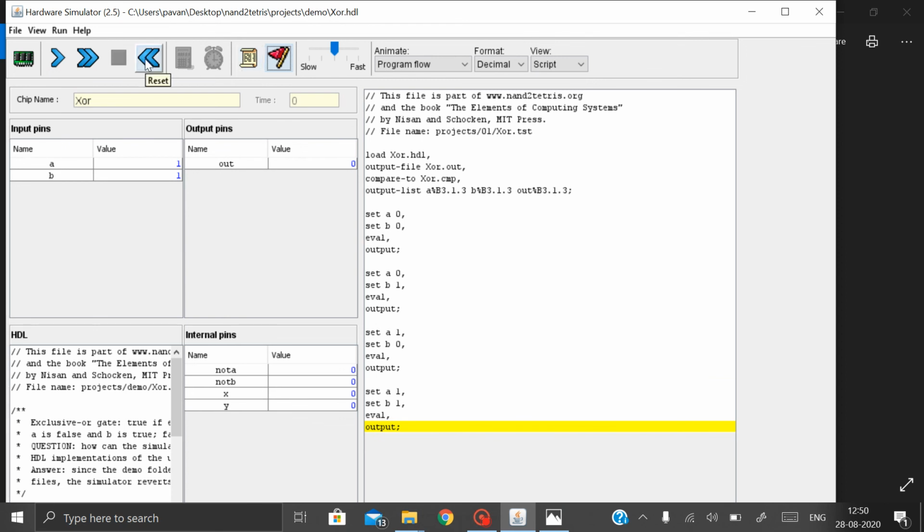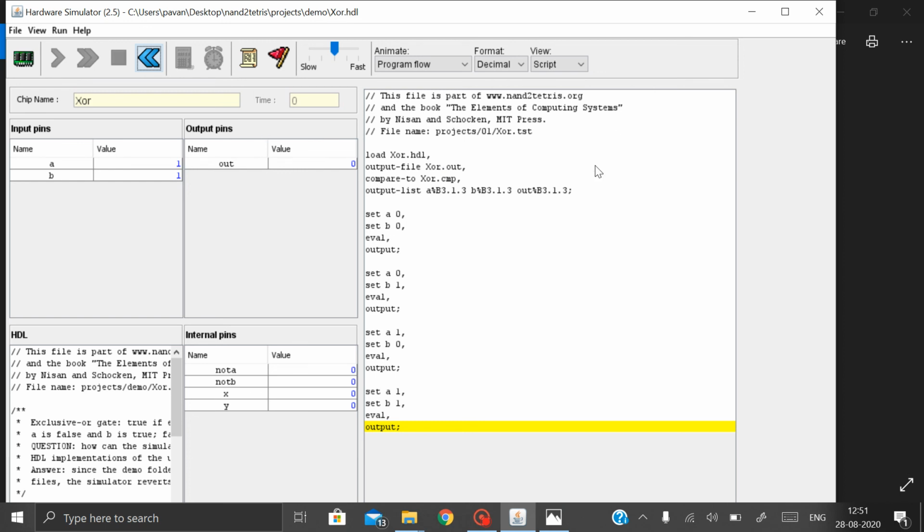No, this is the reset button. It resets to first, nothing else. Okay. See, when I press the reset button, the highlighted part went to the first, which is the load xor.hdl. Okay. Now, if I run the whole of this load script, it goes fast and it will run all inputs. You can see here, say 0 1 1 1 0 1 1 0. In the same way, this load script helps you to run every value. Okay, but it goes somewhat fast, so that I explain you step by step. Means I took some of the values, but I think you guys know what I explained, right? Yeah.